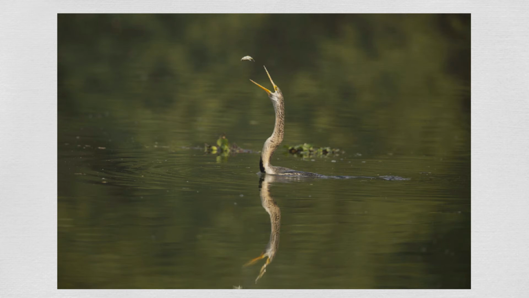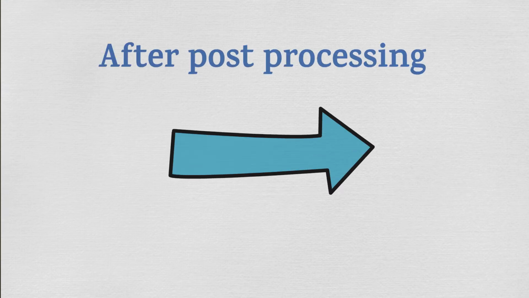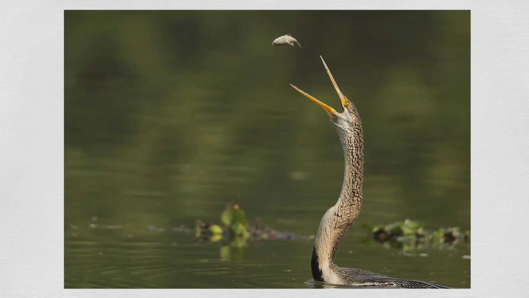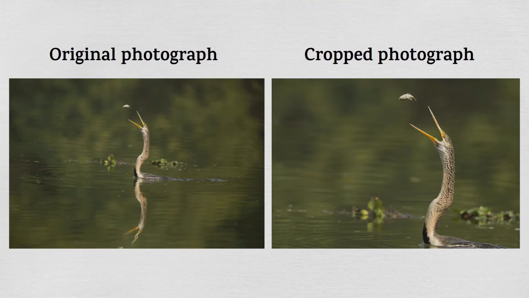Now look at this picture. When the action was happening, the frame was such that the subject, the bird, was not in the position as per the rule of thirds. It was in the center of the picture. But once I had shot the space, the negative space in that frame helped me to crop it in post-processing